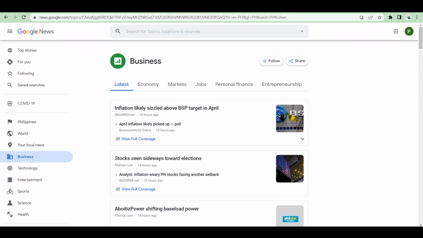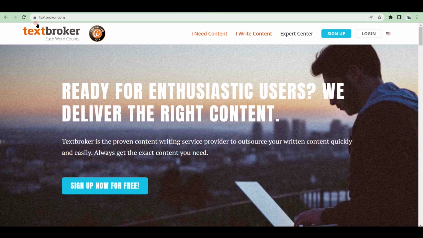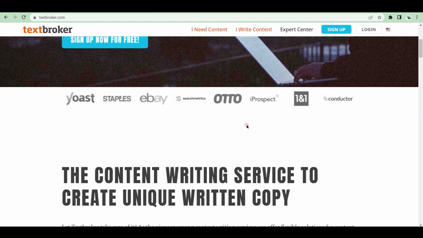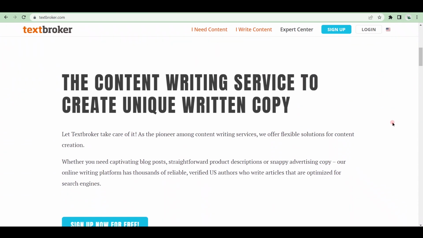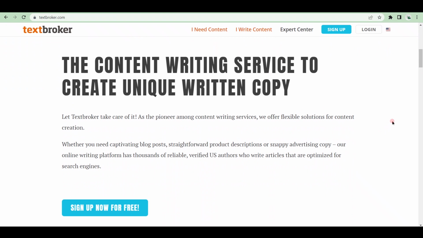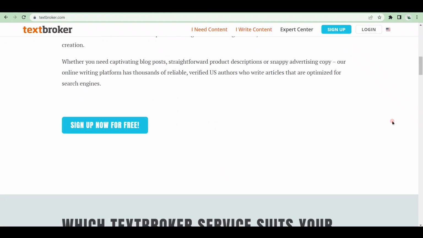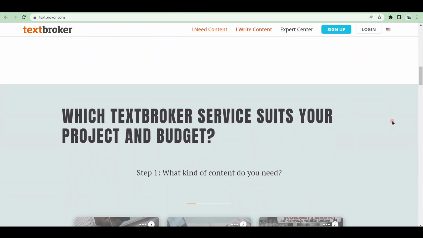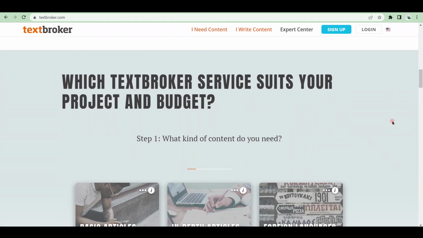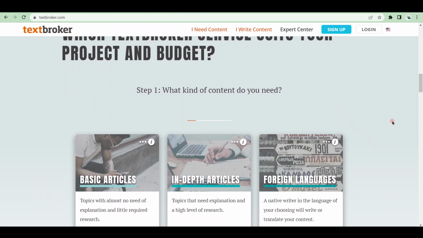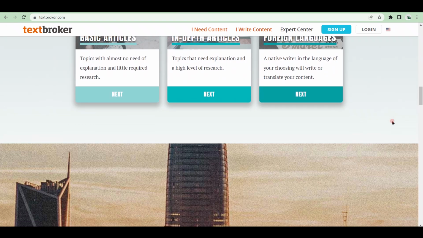The first choice to go is with TextBroker.com. TextBroker.com collaborates with large corporations like Yoast, Staples, eBay, and others. This platform will compensate you for the articles you write. Of course, you won't have to create those articles yourself since, as I just demonstrated, you can have them produced for you for free with a single click of a button by employing a simple Google trick to make money